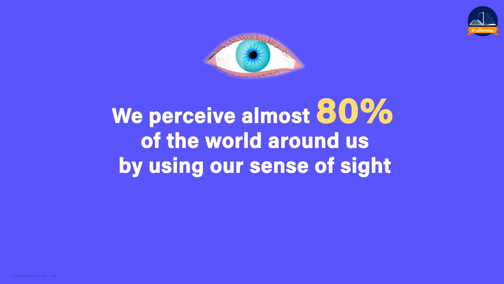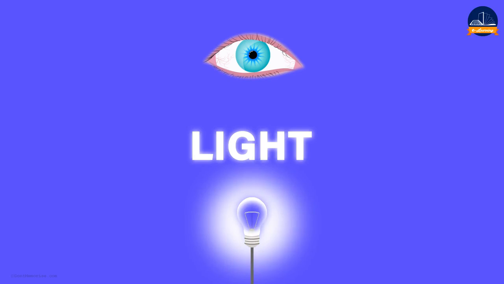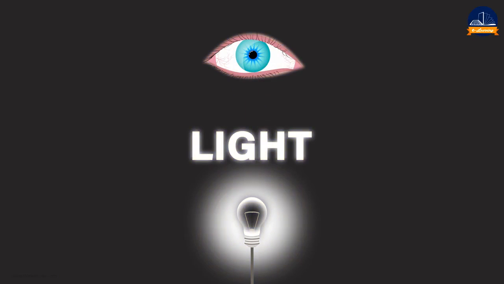We see objects around us with our eyes. But then why don't our eyes see these objects in the dark? The answer to this question is light. We are able to see the objects around us because of the light coming from these objects. The light from these objects travels in space and reaches our eyes. When it is dark or during night time, as there is no light, we are unable to see these objects